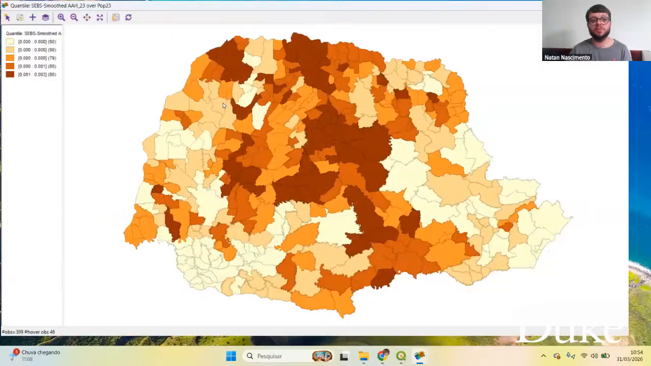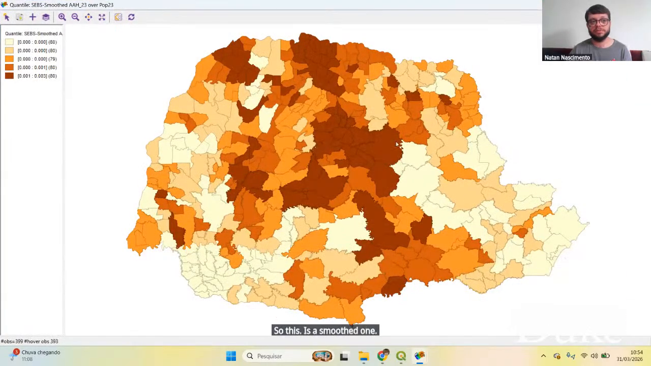So this is a smooth one. A smoothed one will get the number of your neighbors and mix it with yours to see if they are very different or if they are close. So it's easier for us to